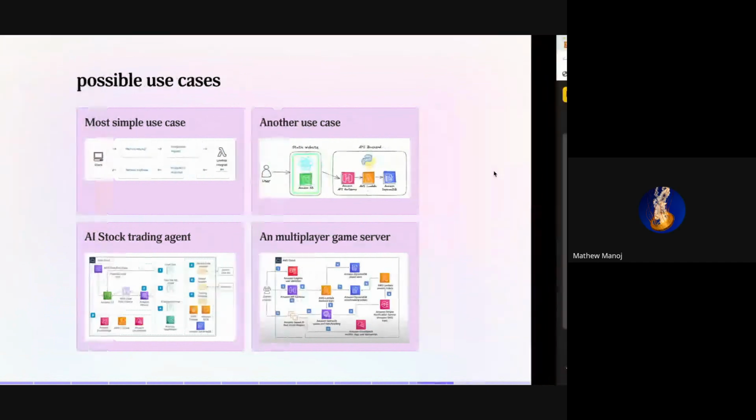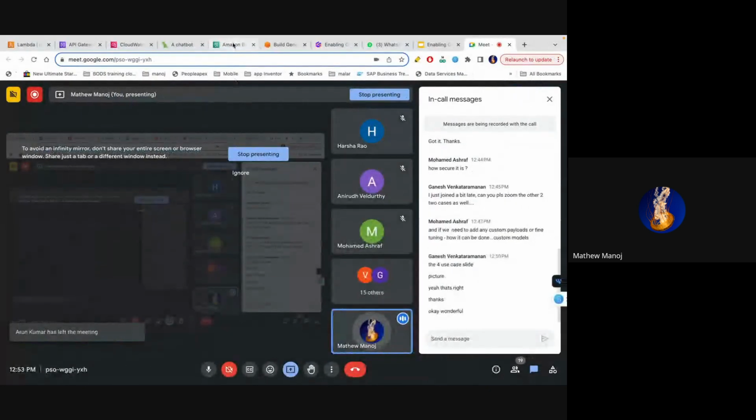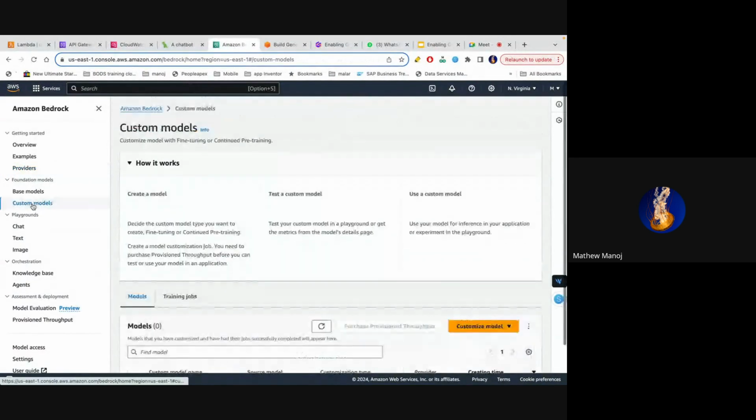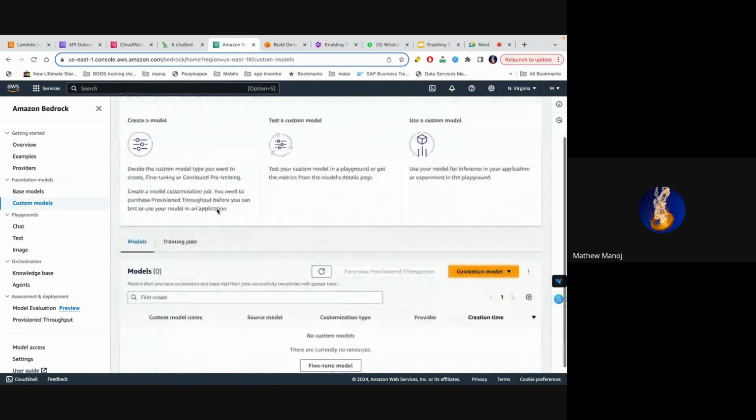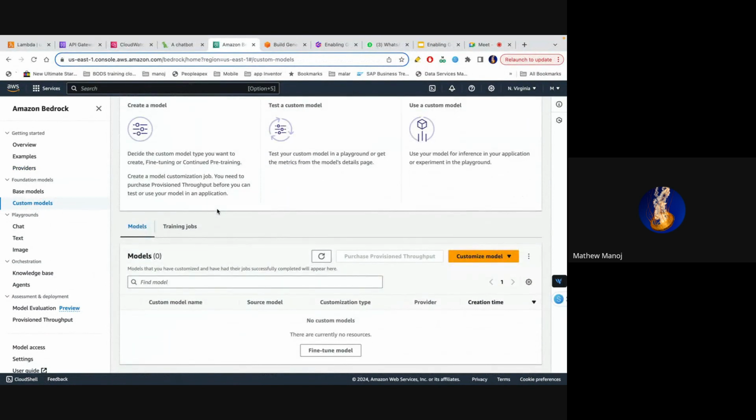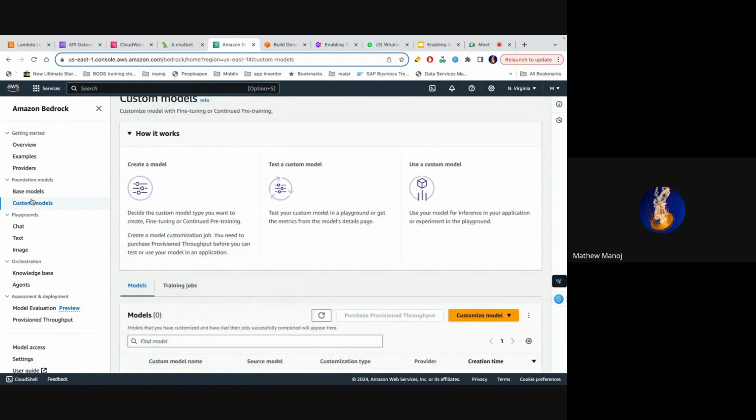Yes, there is also a section under Amazon Bedrock called custom model. These models are used to find patterns in your data. That's what I said, these are all just base models. The LLM is a transformer where it will try to see the patterns in the data you give, and based on that it will give you an understandable solution as an output.